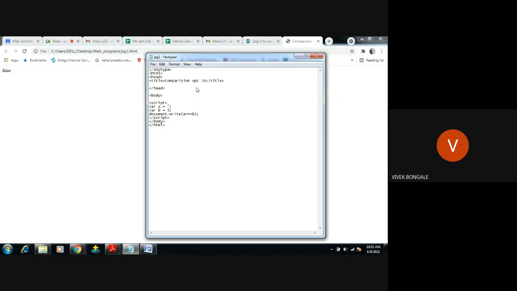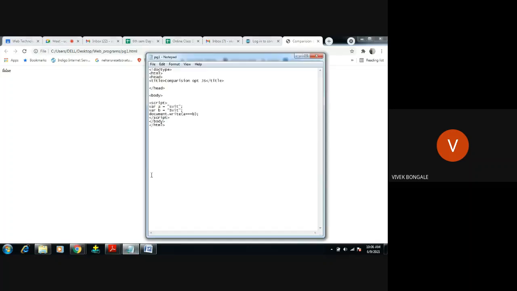I will write one string here, right? So A equal to, I will write SVIT, all in small letters. Now I will do capital S V I T here. I go with capital S V I T now. See. Go here, save this. Click. You are getting the result as false. Right. So use small letters, small SVIT. Now it is true. Right.